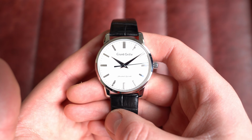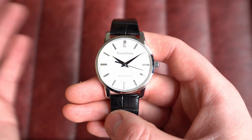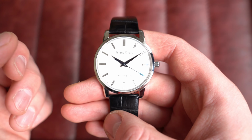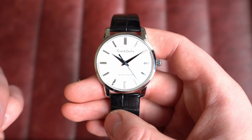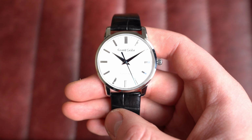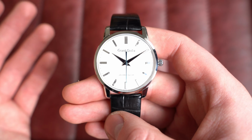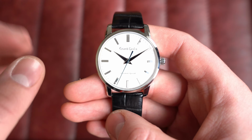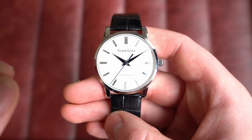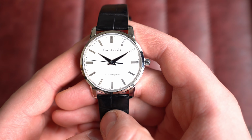Beautifully simple, very classic. I almost think this was Grand Seiko's response at the time to the Calatrava and all these classic Swiss watches. This was them saying, hey, look guys, we can produce something as good, as beautiful, as elegant. And they have. And this is a testament to their modern capabilities, just the same way this reference was a testament to their vintage capabilities back in the day. Now, the reference to this one is